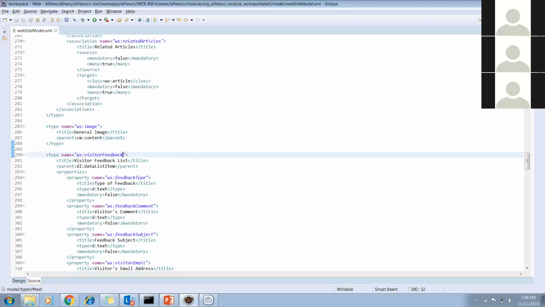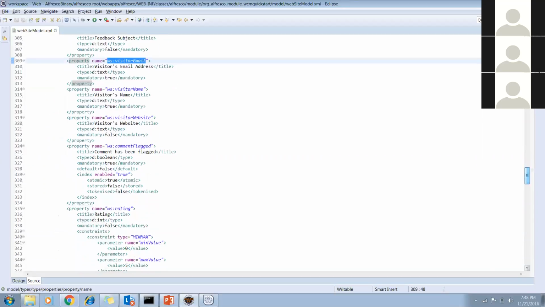Then visitor feedback: you will store the information of the visitor feedback, whatever content they are writing, the comments, the subject, the visitor email, the visitor name, visitor website, and all the details you can store in these corresponding fields.